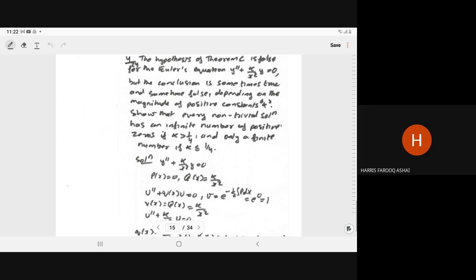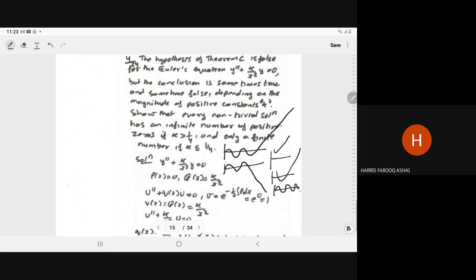Finite number of zeros means that after some point it will become increasing, or after some point it will become decreasing, or it may be monotonous, like this. We can have any shape when we have a finite number of zeros, but for an infinite number of zeros we have it continuously fluctuating.